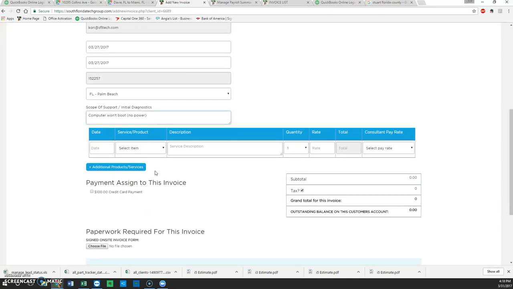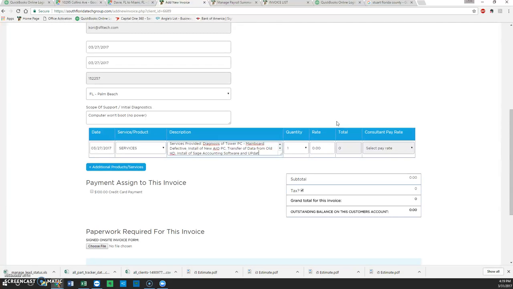The next thing you're going to do, of course, the first line of every invoice is services. So you're going to put services here and the services that you provided. And in this case, it was a diagnosis of Tower PC, mainboard defective, install of new all-in-one PC, transfer of data from old hard drive, and install of Sage accounting software